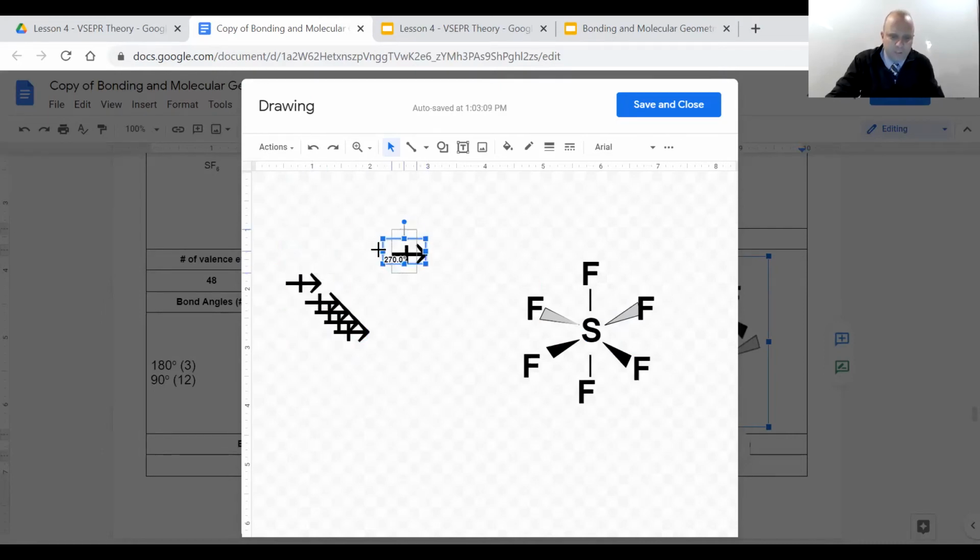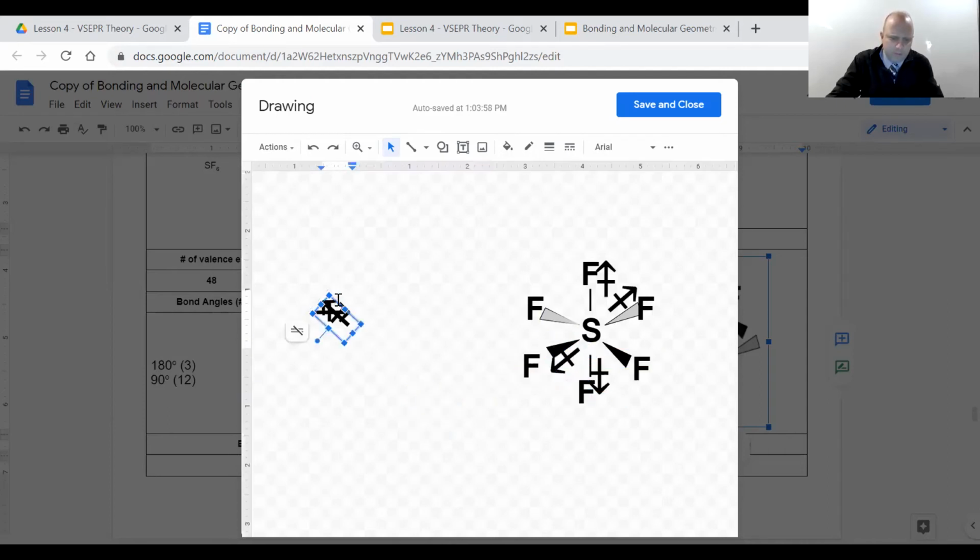arrows into their positions. So we're going to have one pointing straight up. We are going to have one pointing straight down. See if I can move this guy. We're going to have one pointing toward the back. We're going to have another one pointing toward the back, but this time toward the left side. Let's see if I can grab that. Oops, grabbed a different one. All right. This one is going to point down here to the lower left. This one is going to point toward the upper left, and this one's going to point down towards the right